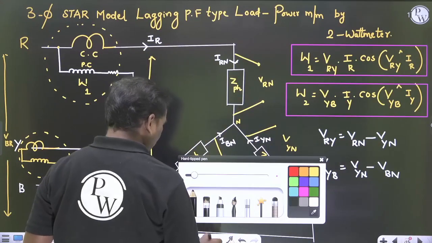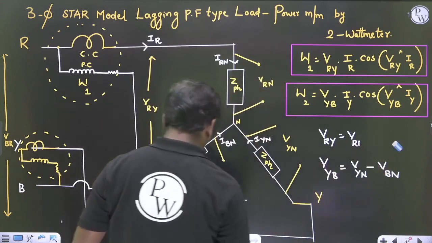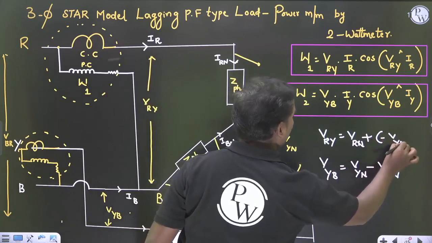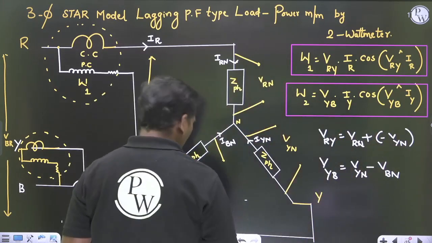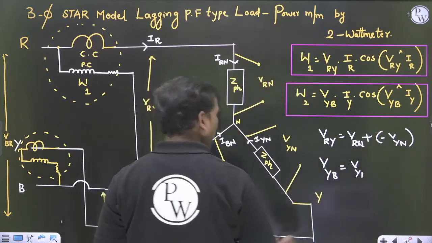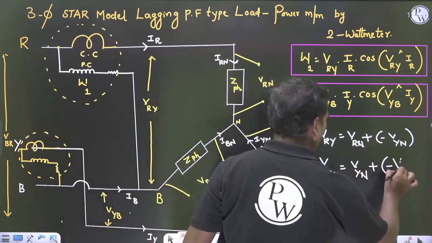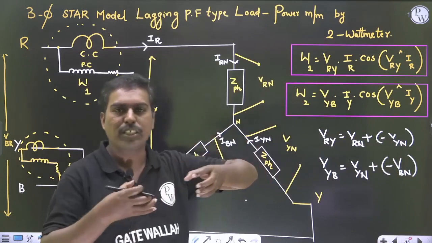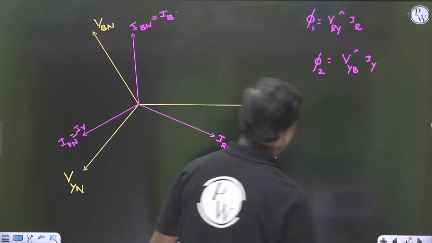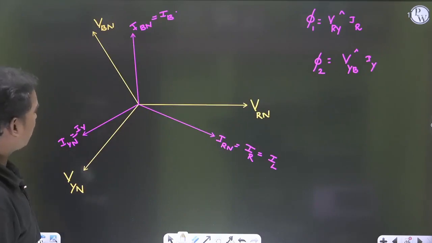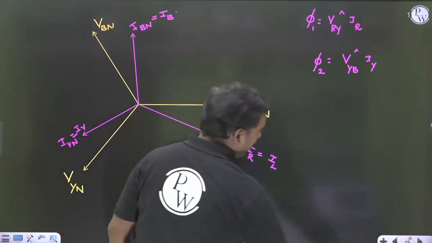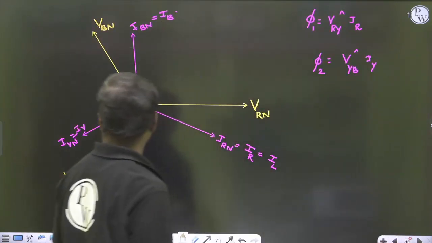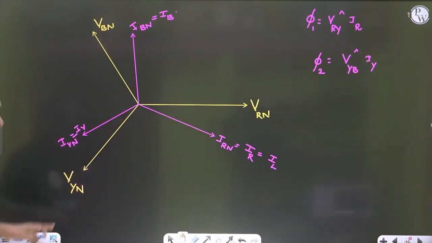That means I can write like this now: VRN plus minus VYN. Next, how to write this? This can be written as VYN plus minus VBN. That means vector addition of the voltage vectors. So if you see, this is VYN, this is VRN. So what I want here is VRN minus VYN. What is the addition of VYN? So where is the VYN? This is the VYN. So if you take the opposite side,